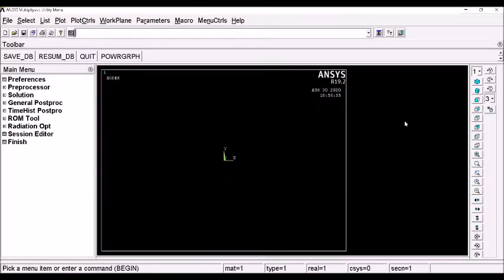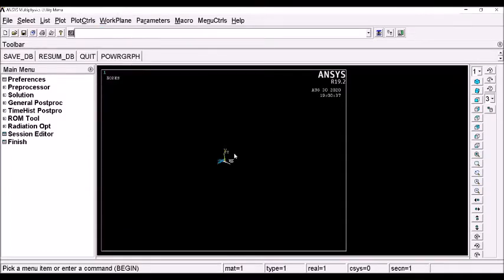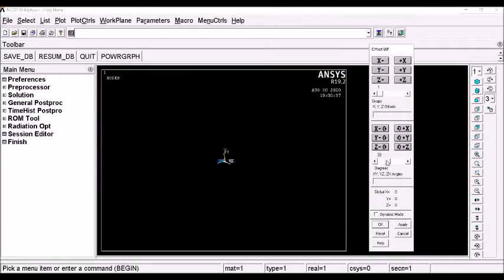First, let us keep the view in isometric format. Then let us switch on the work plane. So go to work plane and display working plane, switch on. The work plane is on. Since I want the plate to be horizontal, I have to rotate the default XY plane to XZ plane. So I will use work plane, offset work plane by increments option. In this toolbar you set this rotation degree to 90 and click on rotation about x-axis, because when I rotate about x-axis only, xy of the work plane gets aligned with zx of the global. See, it is rotated now.